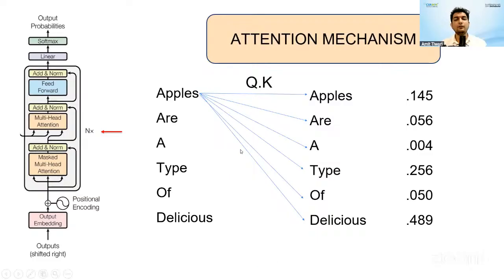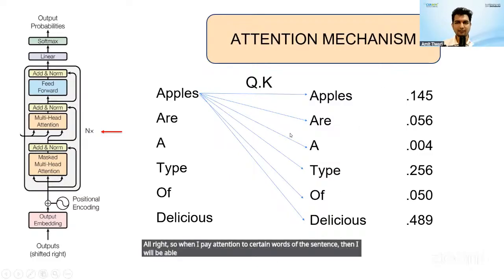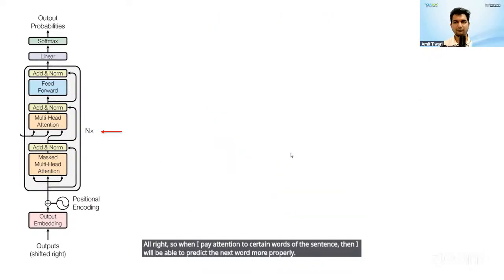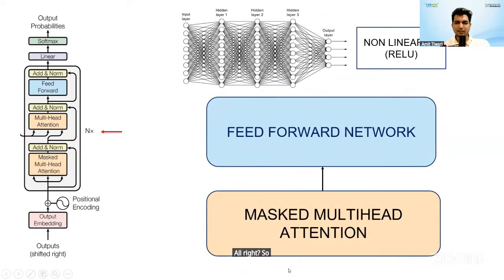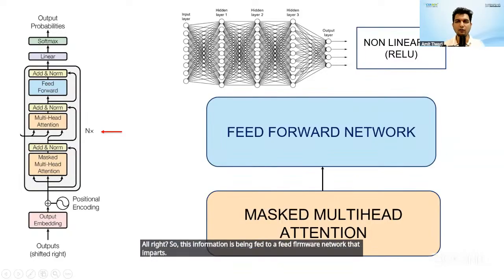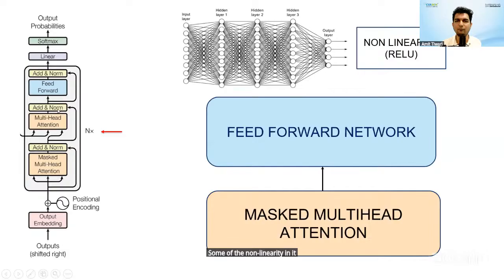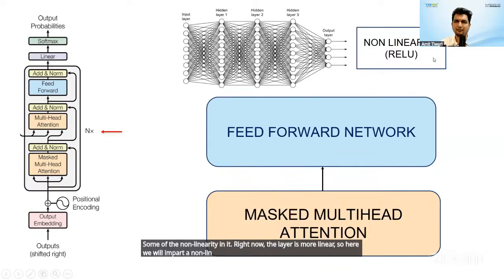All right, so when I pay attention to certain words of the sentence, then I will be able to predict the next word more properly. So this information is being fed to a feed-forward network that imparts some non-linearity in it. Right now, the layer is more linear. So here we will impart a non-linearity to this, and we use a non-linear function, which is a ReLU function,